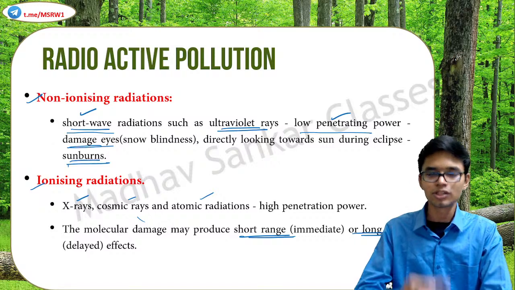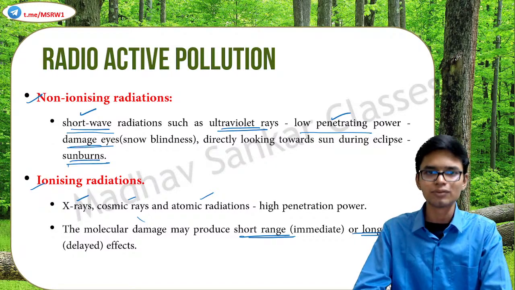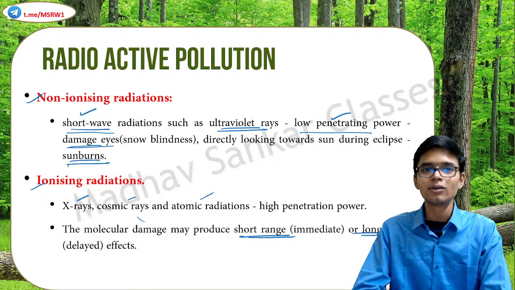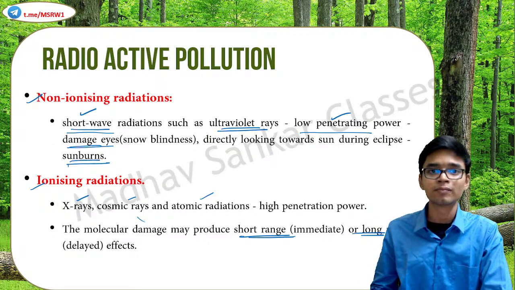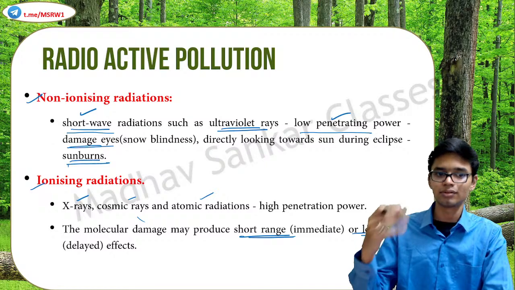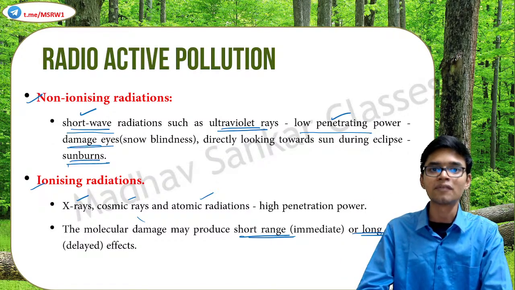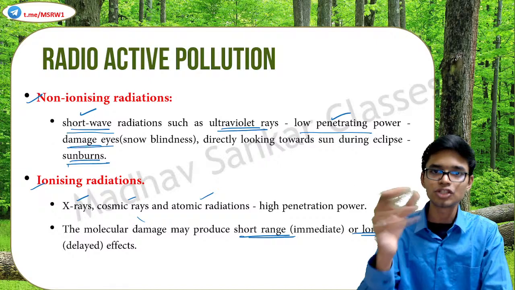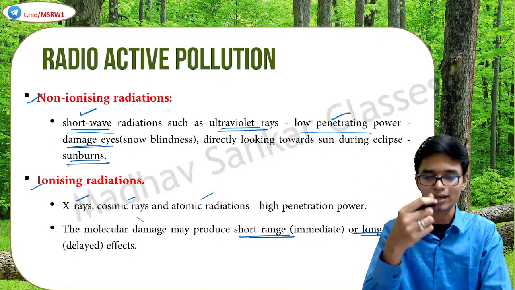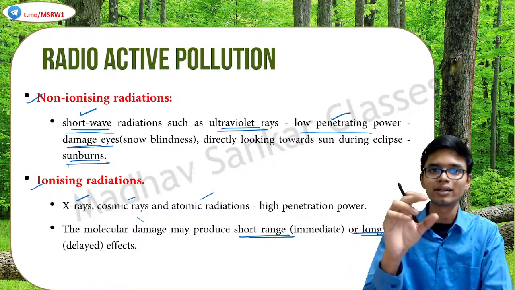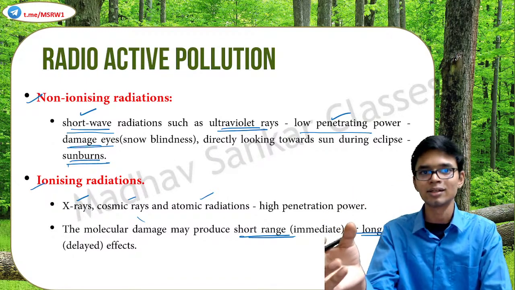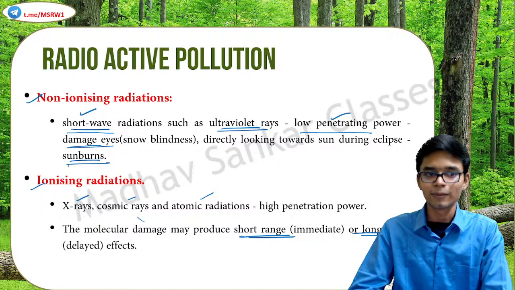Sometimes these are short range damage. For example, immediately it can cause some skin issues. In certain cases it can even cause death. Okay, but long range effects such as cancer, mutation, etc. are long or delayed effects. After a prolonged exposure, eventually at cellular level there will be mutations, and the entire structure and composition of your cell changes. Clear? So these are the types of